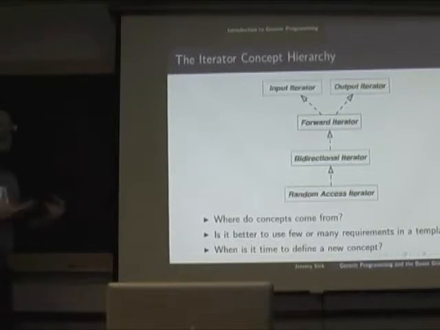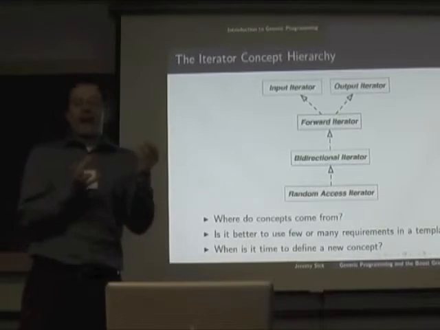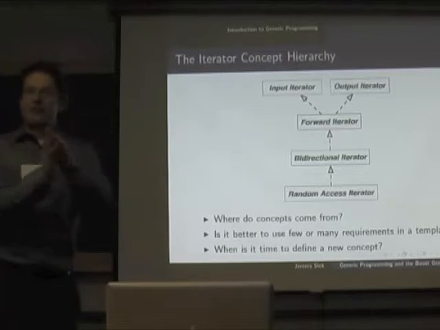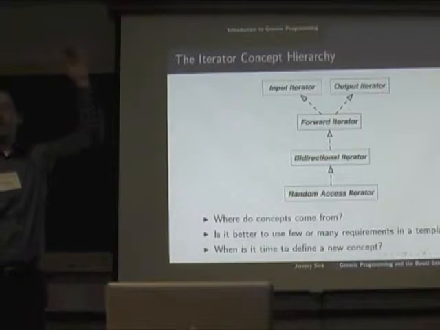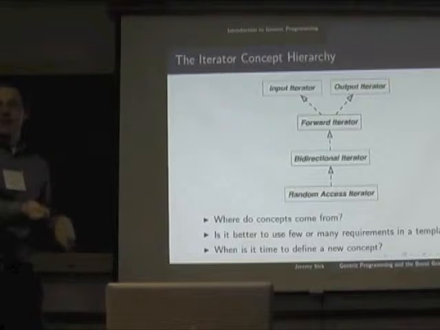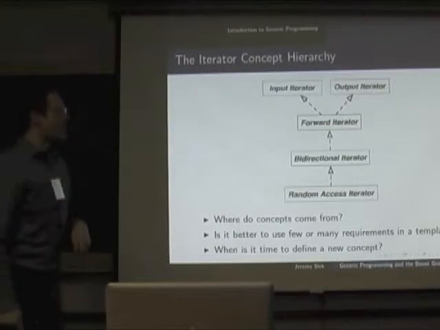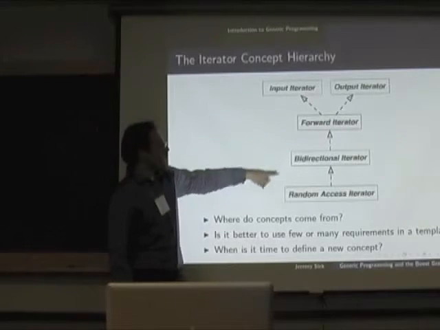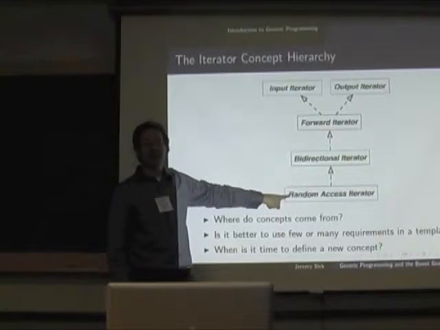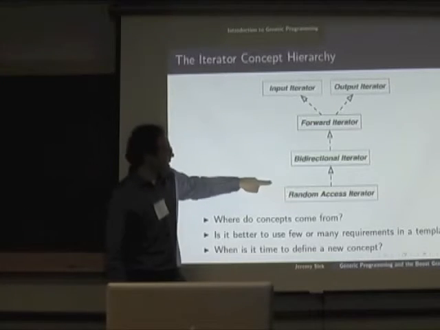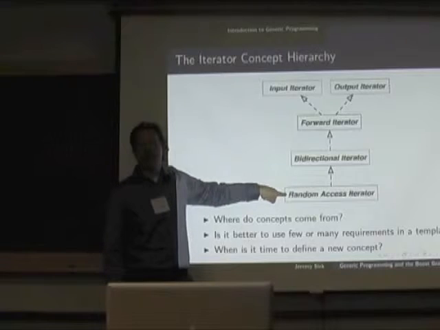I mean, in some sense, concepts themselves aren't actually necessary. You could go totally a la carte, and you could say, for this algorithm, I just have this giant laundry list of requirements. But we don't do that, because it just turns out that a lot of algorithms happen to have the same requirements over and over again, and we put names on those things. But that also explains why there's this sort of fine-grained slicing. Why don't we just have this one iterator called the be-all, end-all random access iterator? Well, because this guy would be the wrong requirement for an awful lot of algorithms.